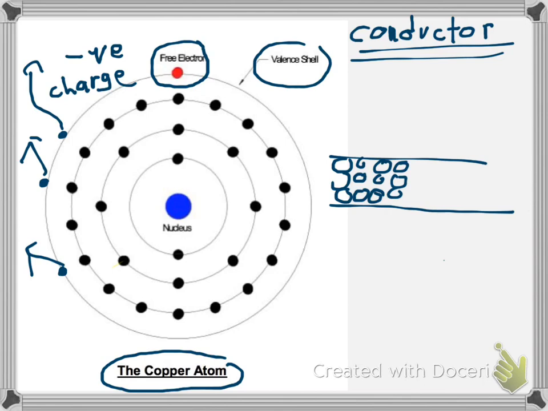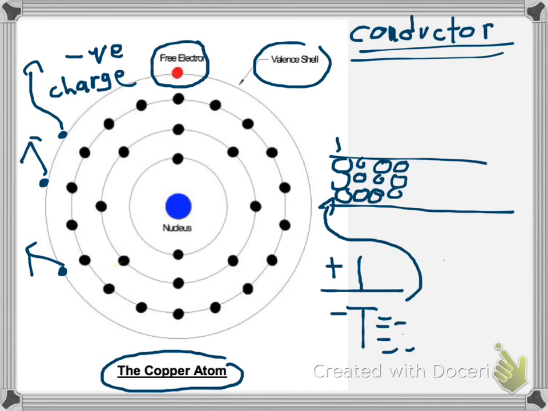So the electrons come from the negative source, so the battery is really just providing many electrons on its negative plate, which will then repel the free electrons in the atoms of the copper